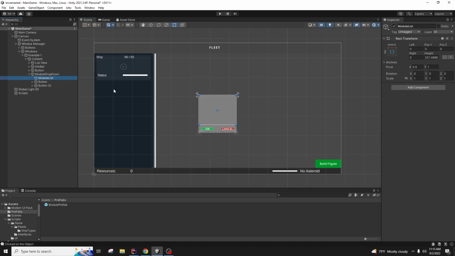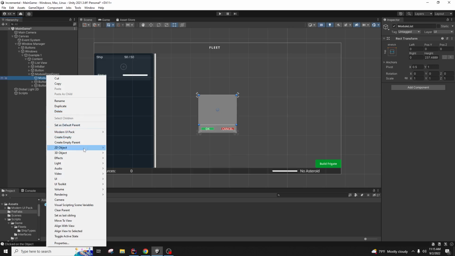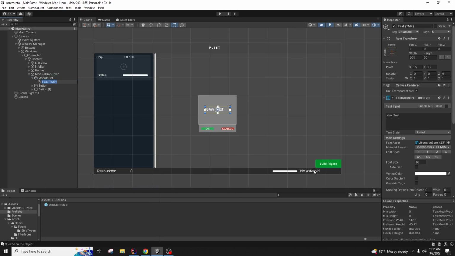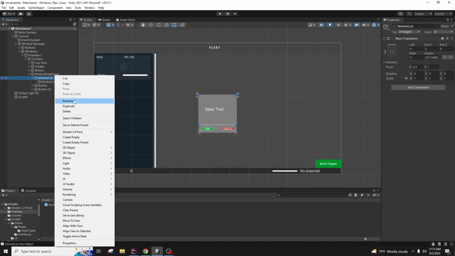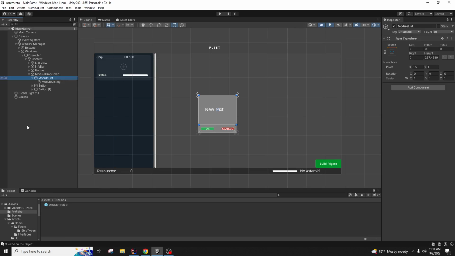Alright, anyways. So if we want to create, let's say that we wanted some text, right? So this is a module listing. It's not going to be a text. Yeah, we want to create a prefab for this. So for each module that we have, we need to know the name of the module and we want to know how much it costs. So we're going to have basically an object, and it's going to have two texts on it, and then we're going to change those texts depending on what we're doing. And then we also need to be able to select that,